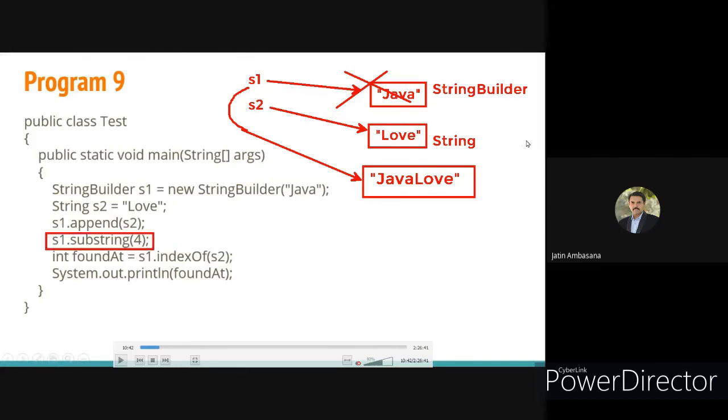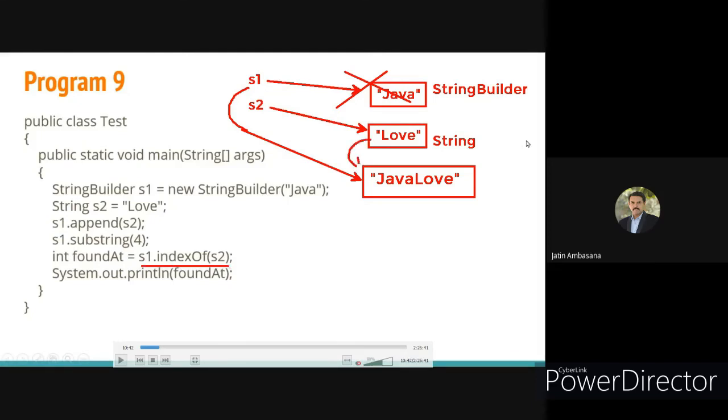Then we say s1 dot substring 4. So a substring is taken out from the fourth location, and that is there inside s1 only.